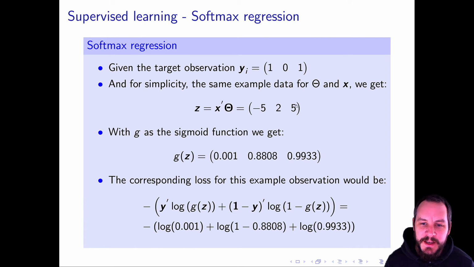So as from the example from the softmax regression, starting from some feature variables and a parameter matrix, we will end up with 3 real valued numbers. And now if we insert each of these real valued numbers into the sigmoid function, then we will have 3 probability predictions. Now the summing over these will not lead to a value of 1, which is okay, because that's exactly not what we're looking for here, because at each position, for instance, we could make a decision rule, like if this prediction is higher than 0.5, then we will do as told. So if it's higher than 0.5, we will buy the stock,